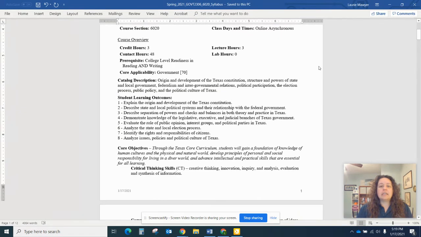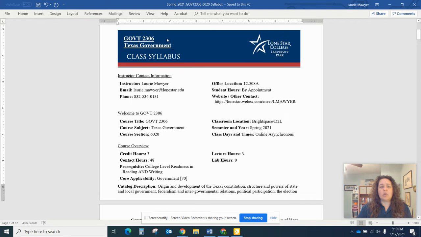So when you're looking at the syllabus here, you can see it's got the course number, all that fun stuff, my email, my address, or my phone number, my address. No. It's got my WebEx private meeting room. Student hours, I'm home a lot. My kids are home with me also all the time. But if you need to have a face-to-face meeting, like if you want to go over an assignment or some resources or something, I'm happy to get in on WebEx with you and walk you through something, answer questions, have a meeting.